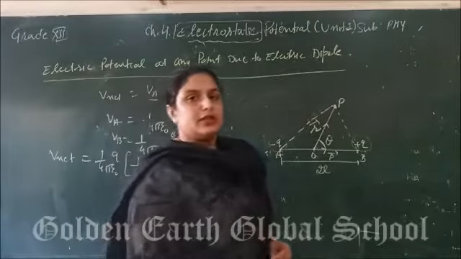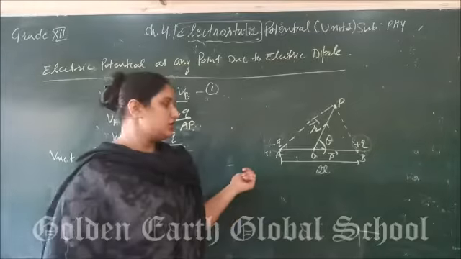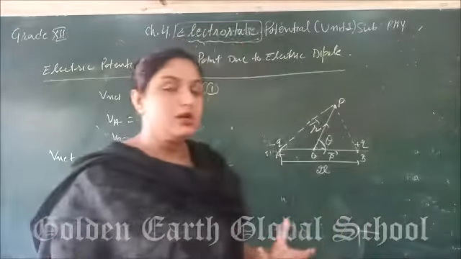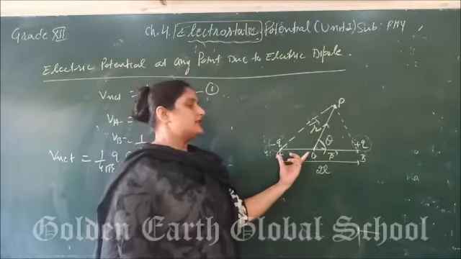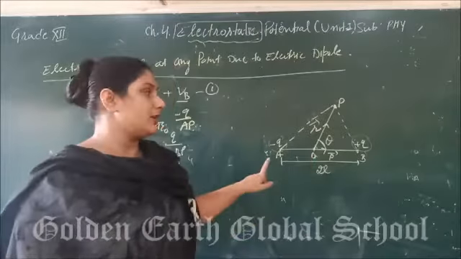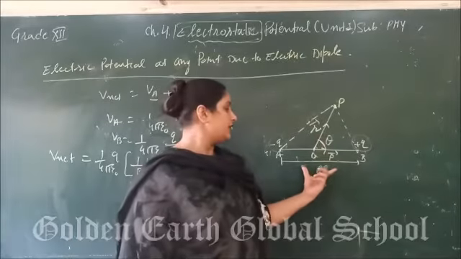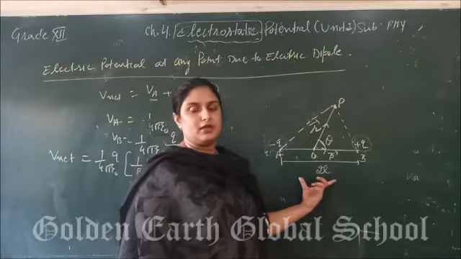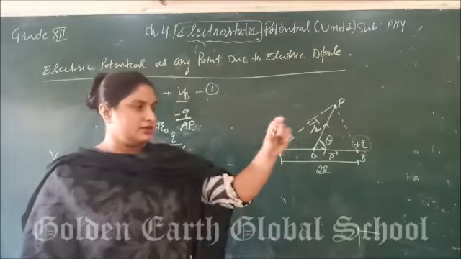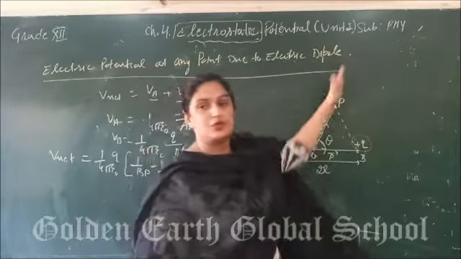Now there is no direct method for calculating it. Now we are going to make an approximation, or we are going to apply some particular condition. We are going to consider here that the dipole is very small. The dipole is a small dipole. In case of the small dipole, or you can say that r is very much greater than 2l. r is very much greater than 2l. Means the separation AB is very small as compared to the distance of point P.